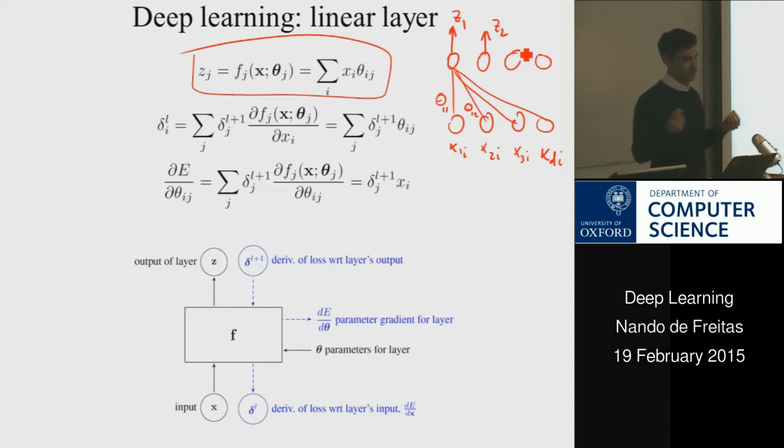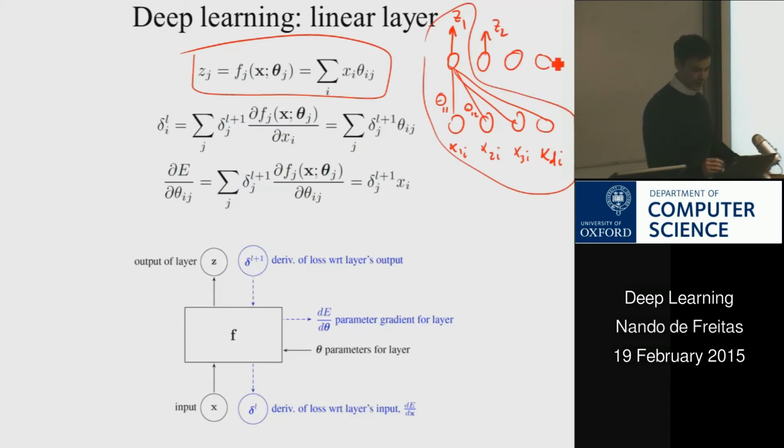So that's a standard linear layer. That's how you would do linear regression if you had many linear regressions. For least squares, you would only have one output neuron, so this would be least squares. And then if you are doing multiple output least squares, you would have several of these. And you would have a linear layer.